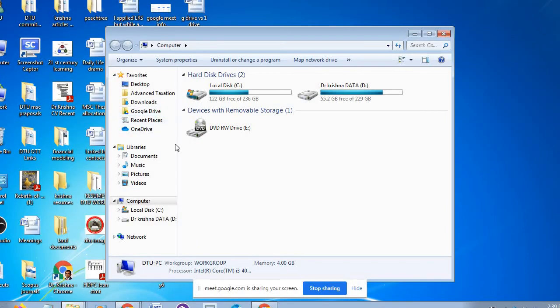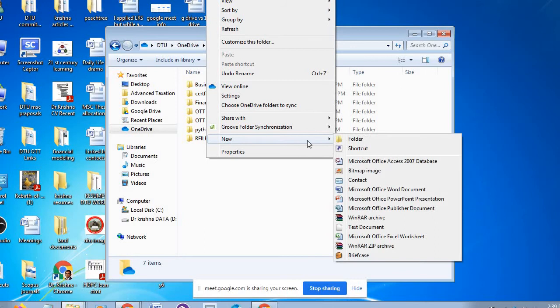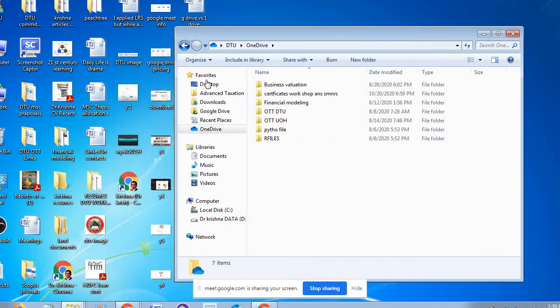Don't forget that whenever you are doing the work, just open OneDrive. Whatever you want, you can create, or you can copy also. Here you see 21st century learning. I can copy and paste.